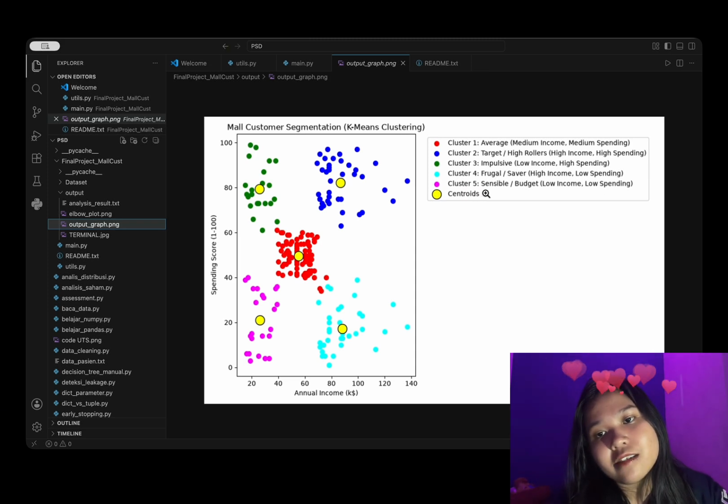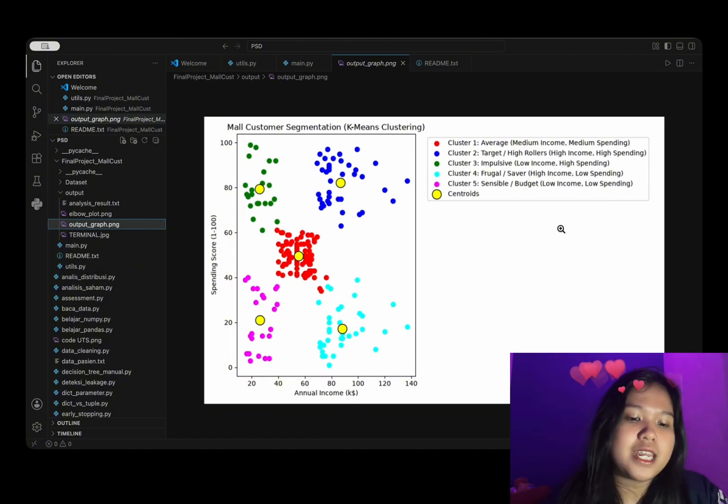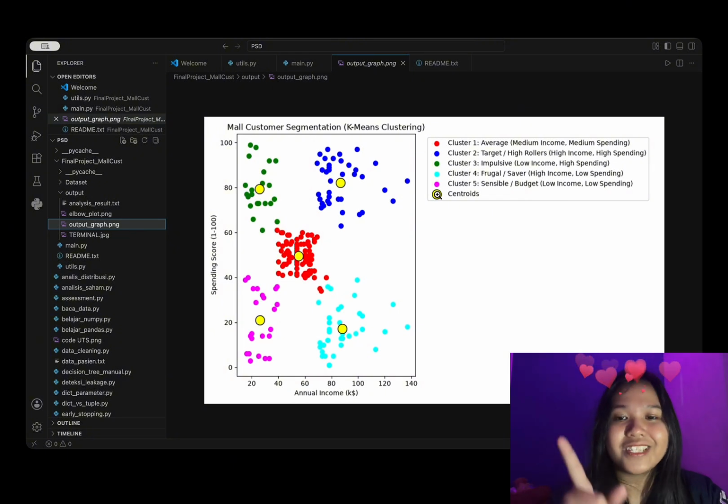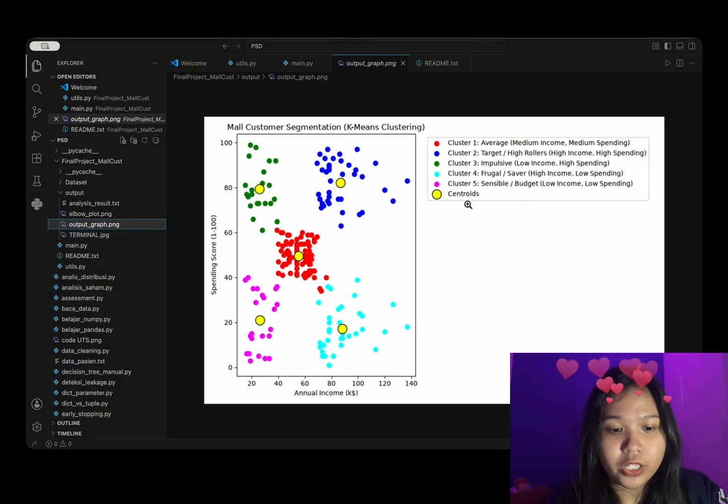Cluster 5, sensible or budget: low income, low spending. And the yellow star and the yellow circles mark the centroid location for each cluster.